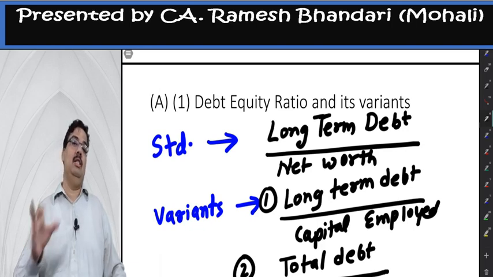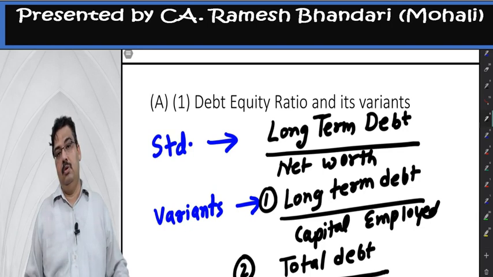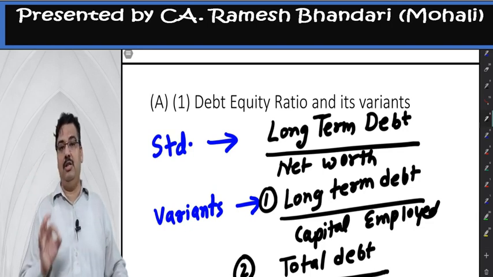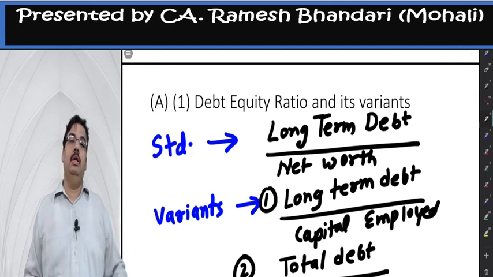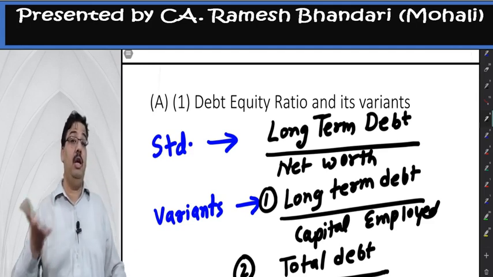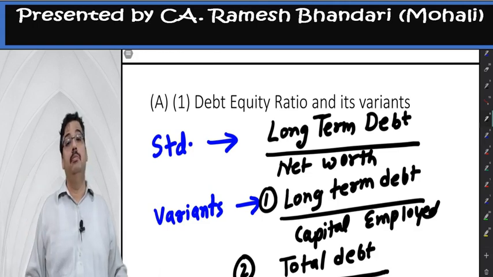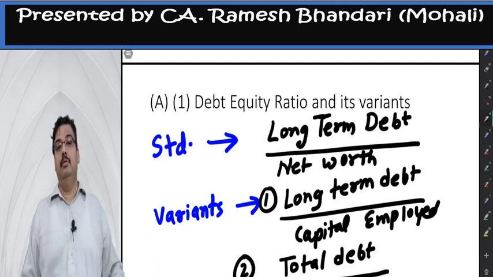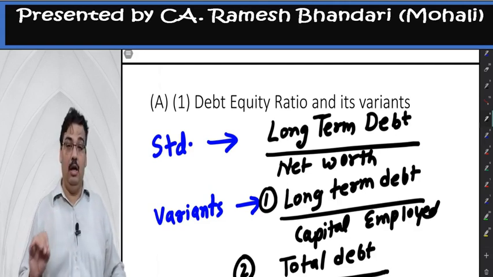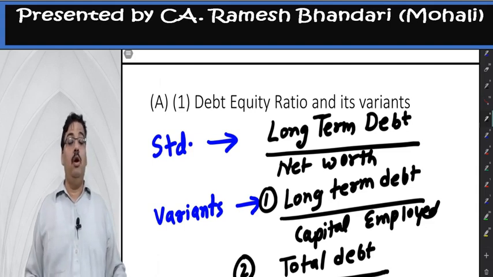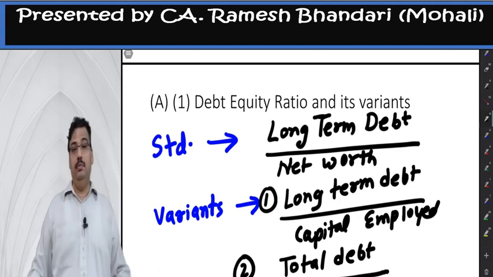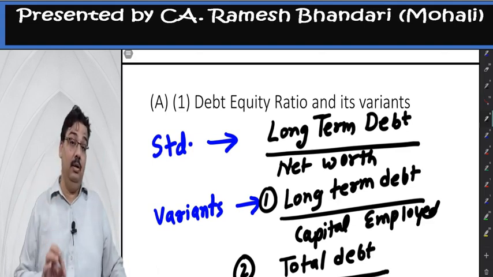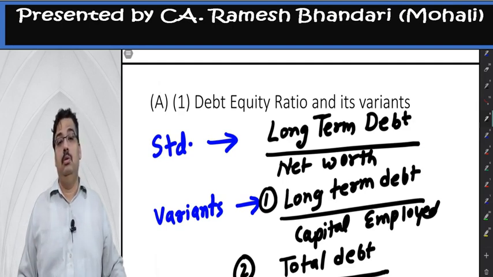You must understand a concept. Leverage is a double-edged weapon. If everything is good, leverage is very good. If something is bad, leverage is very bad. Higher the leverage, higher is the problem. Take the example of today. In COVID, when businesses are not working under the lockdown, they are not earning anything. If it is a high ratio, meaning huge debt as compared to the net worth, it's a problem.